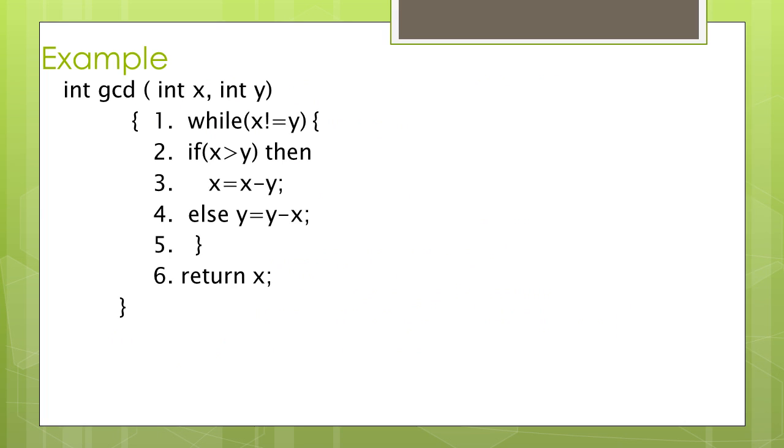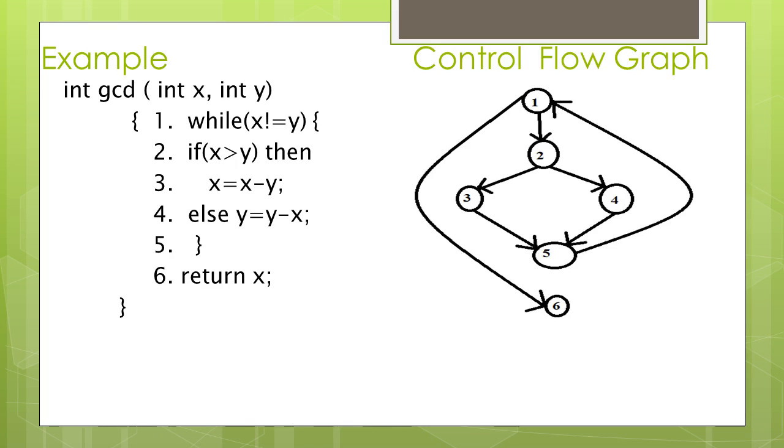How to find the cyclomatic complexity of a program? It can be understood by this very simple example. First and foremost, start numbering all the statements. In the control flow graph, every single statement is represented by a node and the flow of control of a program is shown by an arrow. In the control flow graph, you can clearly see which statement executes first and which statement executes last. So the control flow graph for this example will look like this.